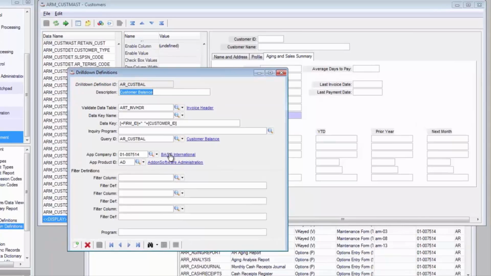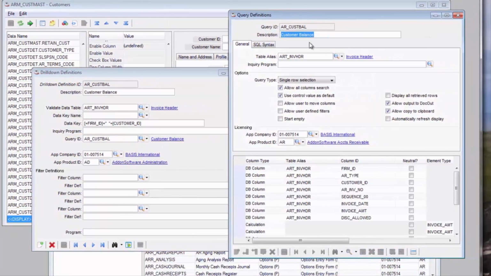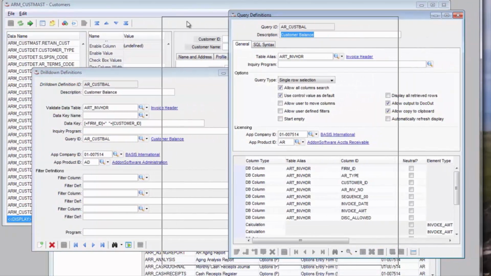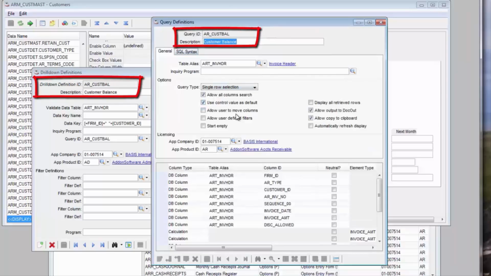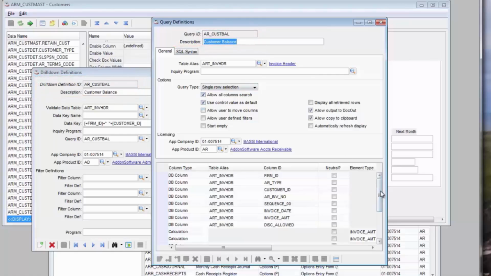Rather than a limited query into just the invoice header table, I am instructing Barista that I want to run a custom query. So let's in turn launch this query. What's the custom query that we're running? For consistency, we've given the custom query the same name as the drill down definition. So like the old drill down, the custom query is also based on the invoice header file, but we can see here that we've added a couple of calculated fields